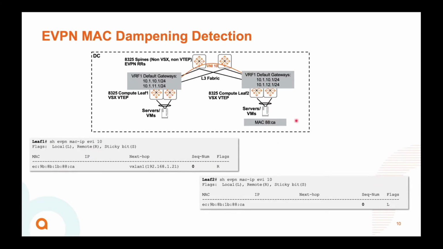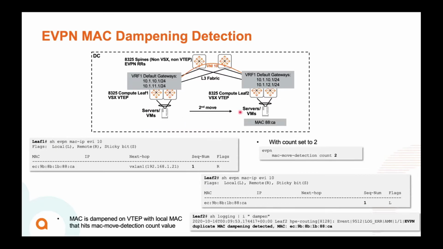because it's local. So on the first MAC move, when it moves to leaf 1, leaf 1 will actually update the sequence number to 1, with flag L, and send that information to all other VTAPs. So leaf 2 will now see it as, hey, this 88CA is remote, sequence number of 1, with this next hop. Okay. So if it moves again,